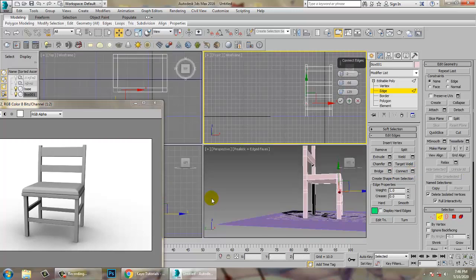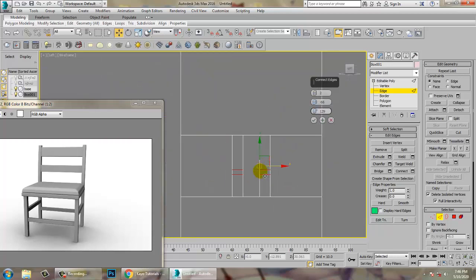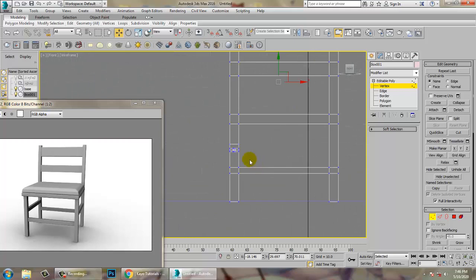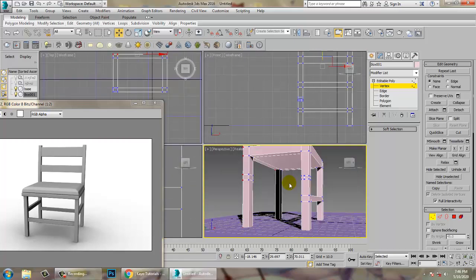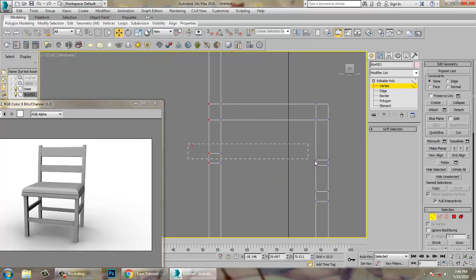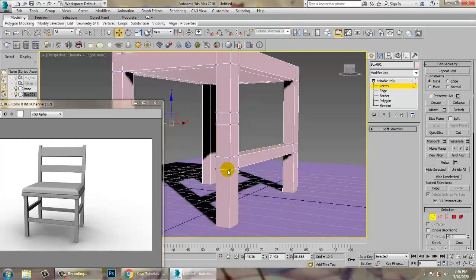So now the main thing over here is, if you see that this is not in a straight line, if you think this is not in a straight line, what I can do is select this, press R and scale it from the top to make it straight. Select this, R and scale it to push it in a straight line.